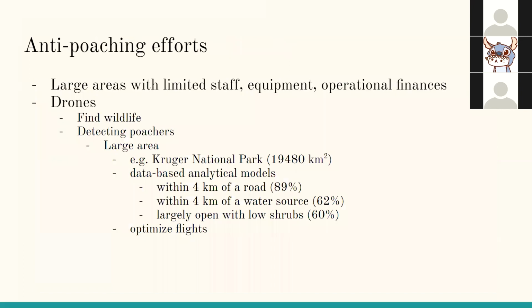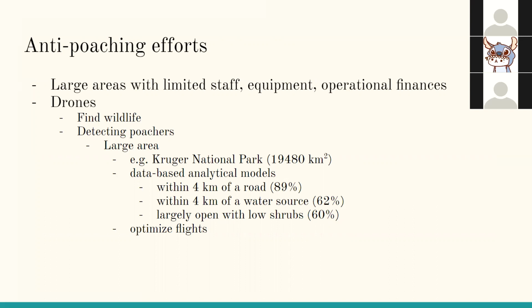As mentioned above, poaching is one of the largest threats to wildlife, especially to some highly valuable animals such as elephants and tigers. The areas in which such species need to be protected are often large, while at the same time the resources are often limited. Drones can be used to facilitate anti-poaching efforts by finding wildlife that might be at risk of being poached and